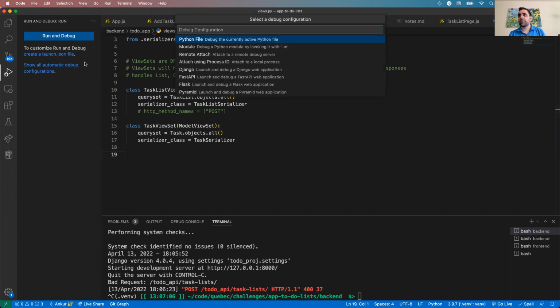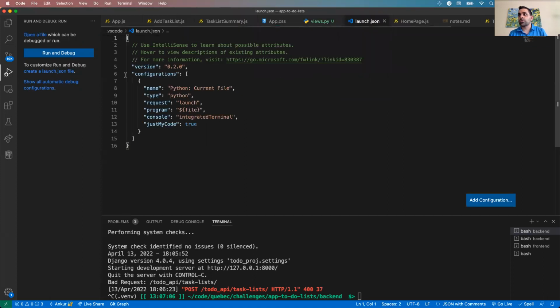All right, so if I click on that, it's going to give me an option of what I actually want to launch. There are actually 3 pieces in my entire project that I need to launch here. The first one's going to be a Python file. That's going to be my backend server. So I'm going to click Python file, and it's going to create this new